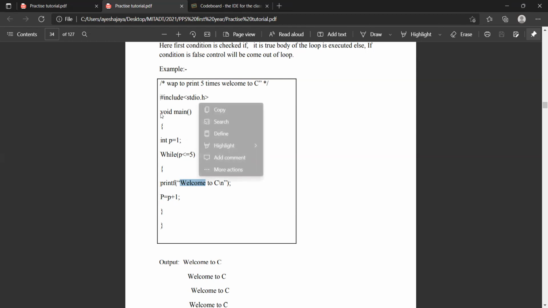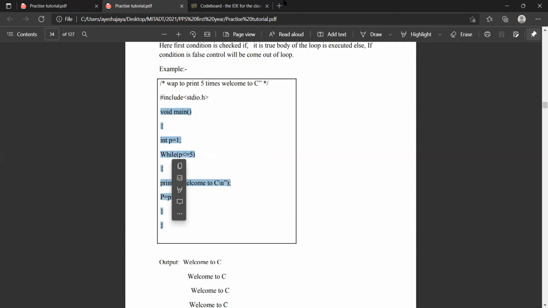Now what we will do, we will write this code and we will run it. I'll just type here.